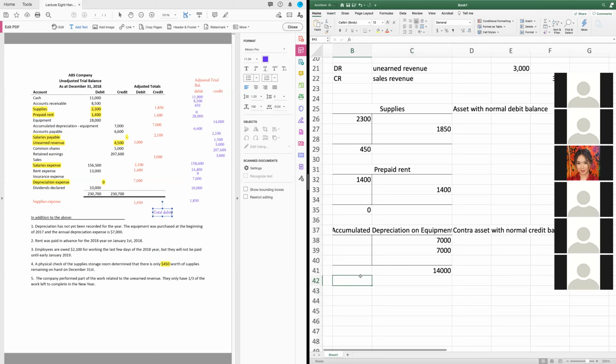So the total debits is 4,150. It probably should be more than that. I'm looking at the wrong chart. My bad. So for total debit, I'm going to add all these purple numbers in this column, because this is all the debit balance. For credit, I got